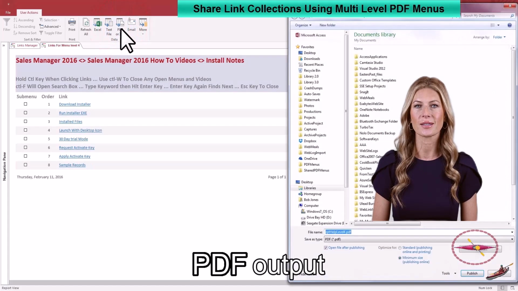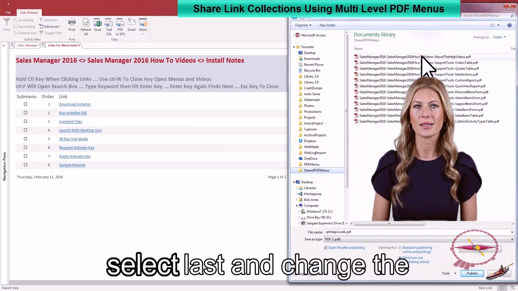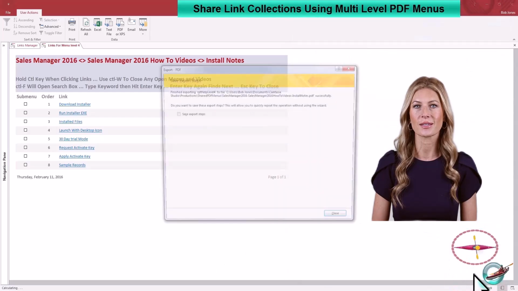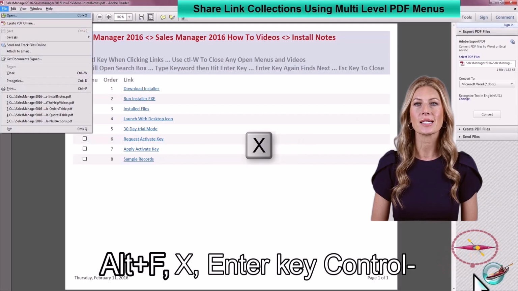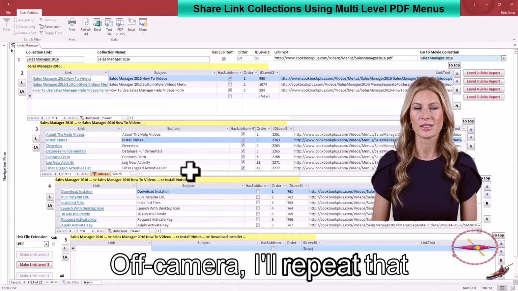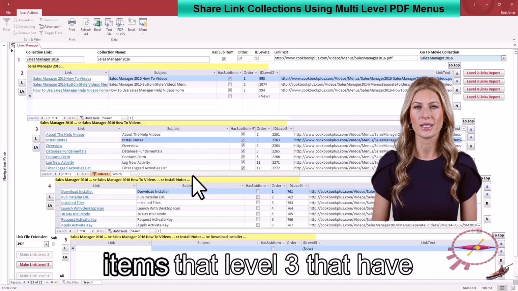PDF. Output folder. Select last and change the string. Publish. Alt-F(X), Enter key, Ctrl-W. Off camera, I'll repeat that process for the remaining items at Level 3 that have items